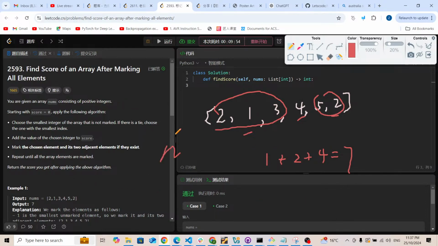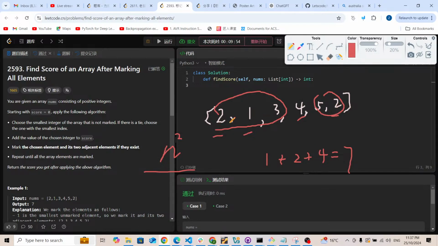Definitely we cannot use n squared to solve the problem. We have to solve it by using n log n time. Because we are going to find a minimum number each time, what kind of algorithm can we use? Basically, we can use sorting. After sorting, we can find the smallest element. For example, if this 2 and this 2 are both the smallest element,